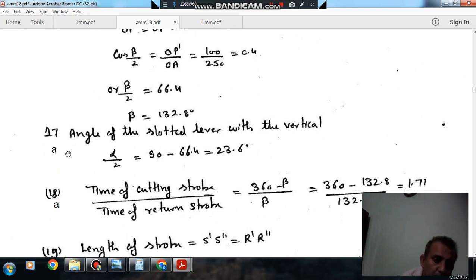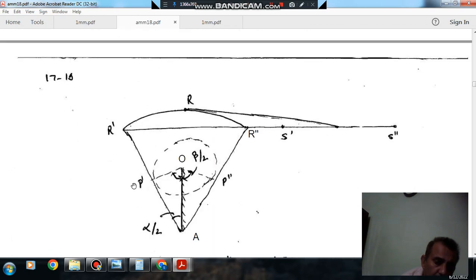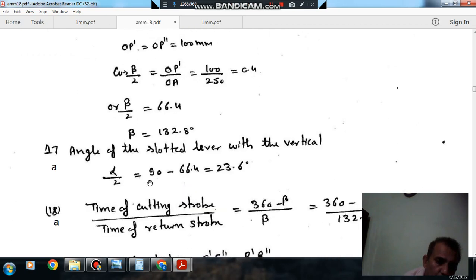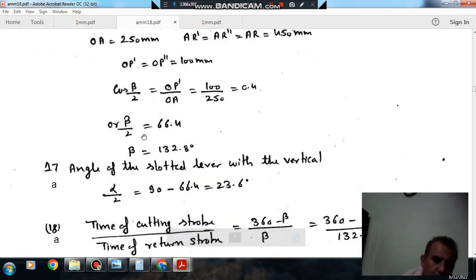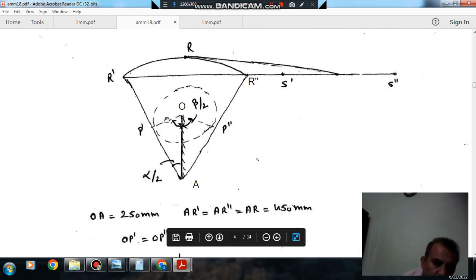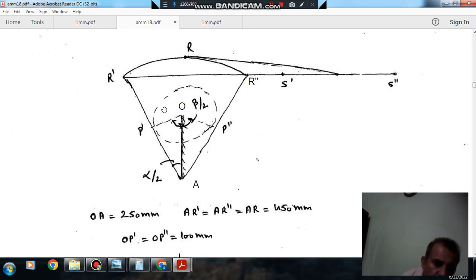Next, we have to find the ratio of time for cutting stroke to return stroke. So this is the angle traveled during the cutting stroke, and this is the angle traveled during the return stroke. If this crank rotates at constant angular velocity, then